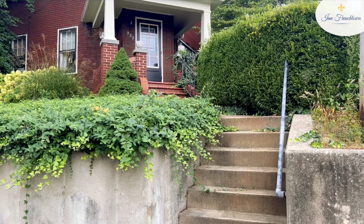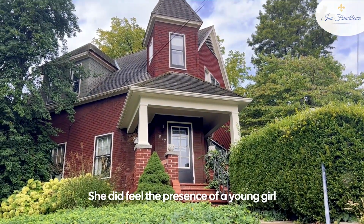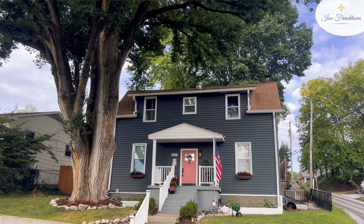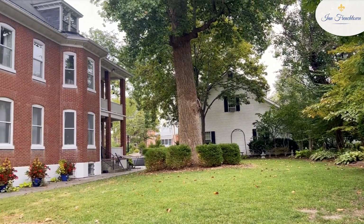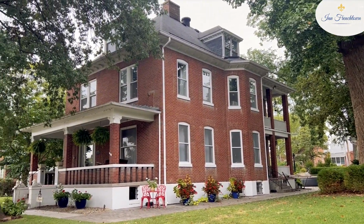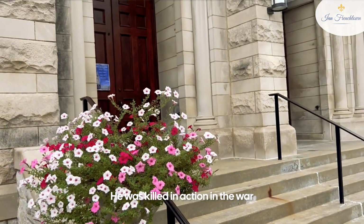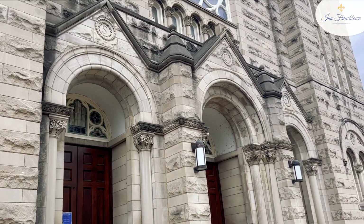So she did. She came, she smudged their house, but while she was there, she told them that she did feel the presence of a young girl. She said the young girl had an older brother who had gone off to war, and she would stand by this tree in the front of their house waiting for her brother to come home. But the sad thing was her brother did not make it home. He was killed in action in the war. So the reason that she touched him all the time